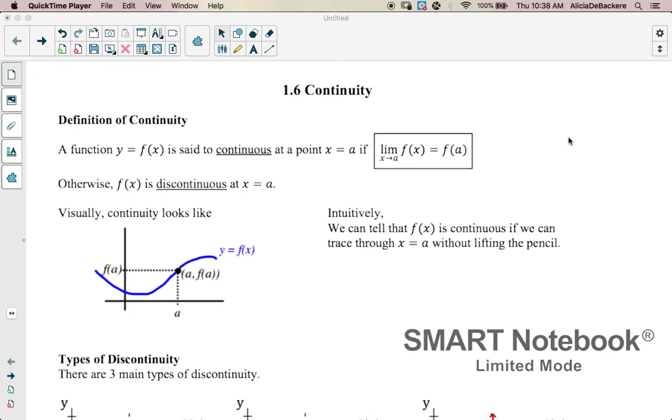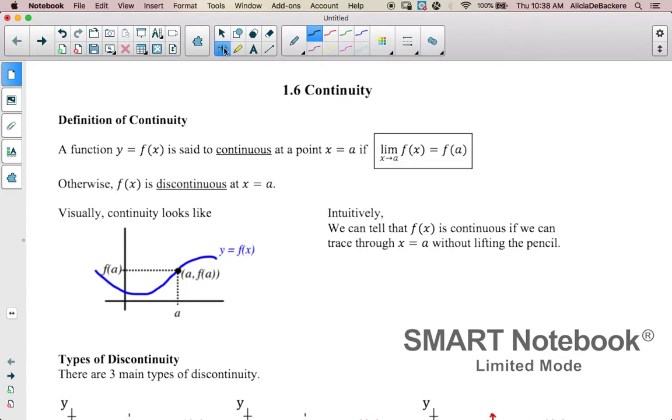All right, welcome to lesson 1.6 on continuity. It's the last lesson in chapter 1. So we've kind of hinted around continuity when we've been taking limits, but today we're going to actually define it